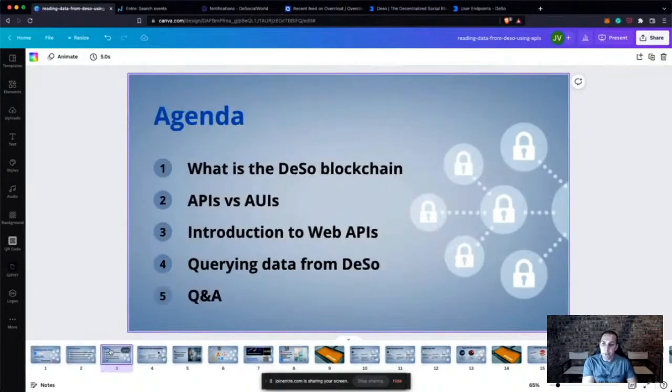So let's move next. We have the agenda, and the agenda is pretty basic. We're going to focus a little bit to quickly understand what the DeSo blockchain is. We are then going to discuss APIs versus AUIs. We're going to do an introduction to web APIs, which is the type of integration we're going to be performing against the DeSo blockchain, and we're going to do some live demos where I'll show you in real time how